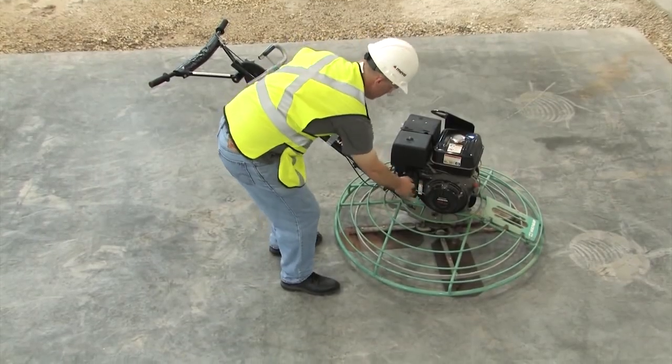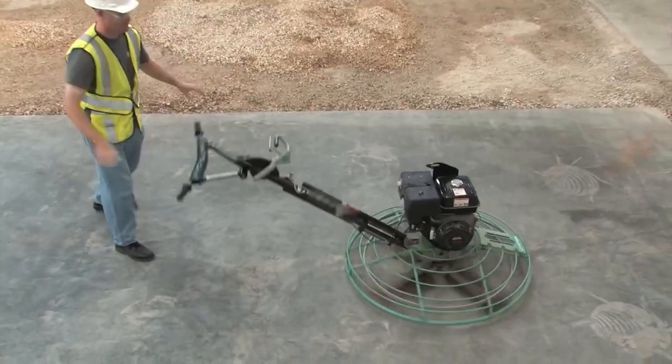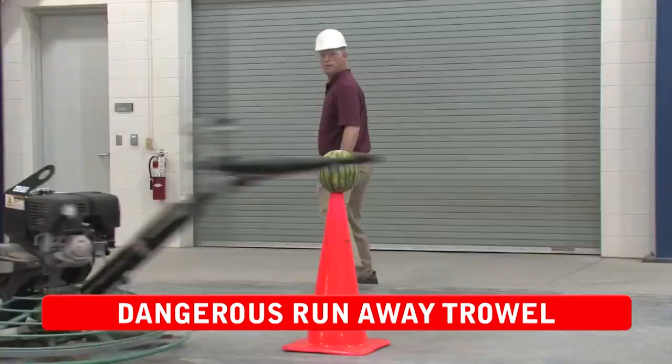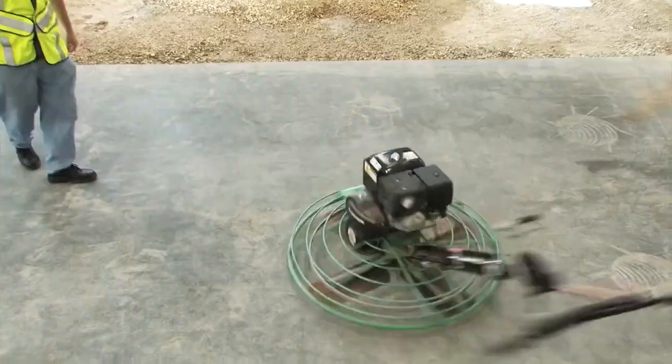Are you keeping an eye on safety? Have you seen this on a job site near you lately? A runaway handle on a walk-behind trowel. How do you stop it? Not to mention the potential for injury to workers, damage to a fresh slab, even costly repairs to a damaged